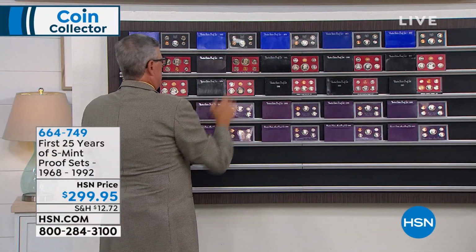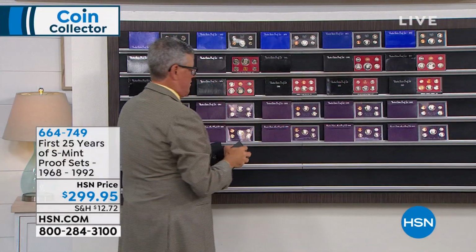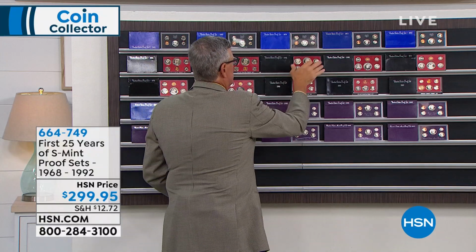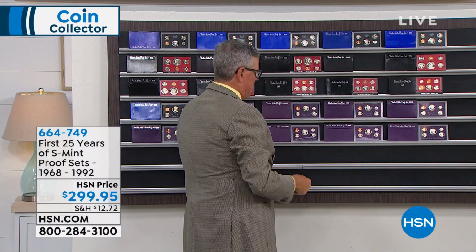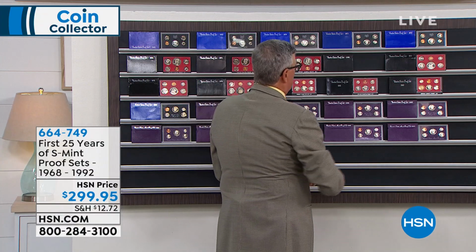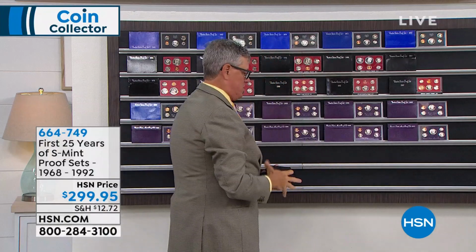So there are the Eisenhower silver dollars that you're going to have. And we're gonna pop this one off as well. We're gonna get rid of all those covers so that we can see them. And now you're looking at the bicentennial Eisenhower silver dollar that you're going to have in there as well. The bicentennial is a big deal. You get 2 bicentennial Eisenhower silver dollars. And the reason is they made them in 75 and in 76, because the bicentennial